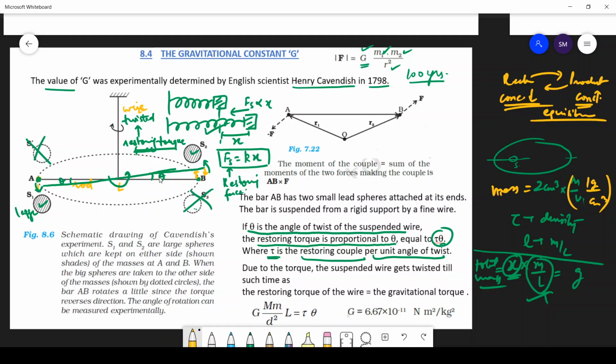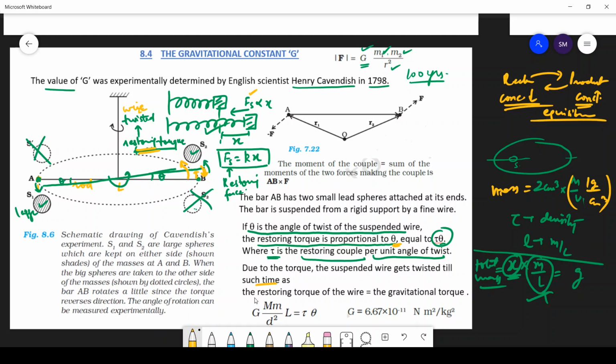As your theta is increasing due to the gravitational torque, simultaneously there is this restoring torque which wants it to go back. Similarly, when you stretch the spring, the more you stretch the spring, the more will be the spring force. So here also the restoring torque is proportional to theta. The more the theta, the more the restoring torque is increasing. Now there comes a point